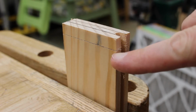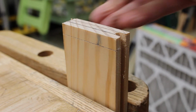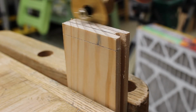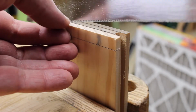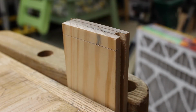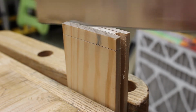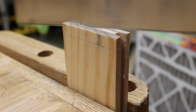Alright, so we made this cut through here, in the face here. Now we're going to use this same groove here that we made with our marking gauge, and we're going to cut straight down. Now this is ripping the wood, cutting down into the end grain, but this saw is really a nice combination saw where it isn't a perfect rip saw, but it does a really nice job. So I'm going to cut down through here,